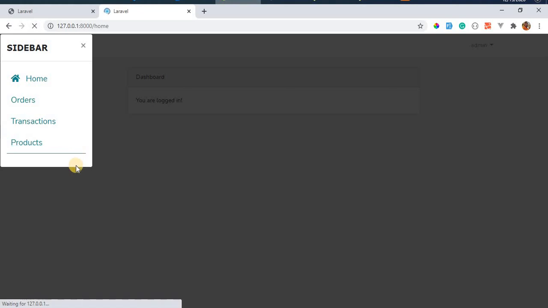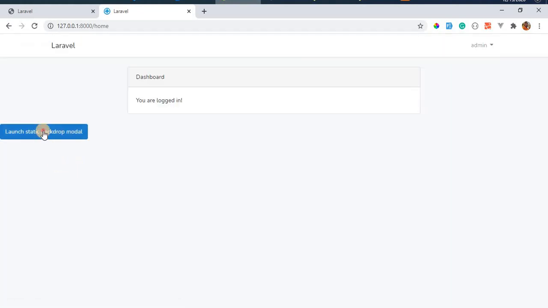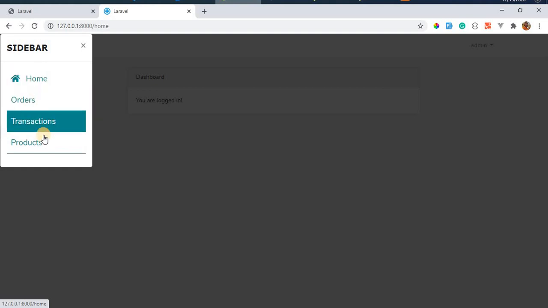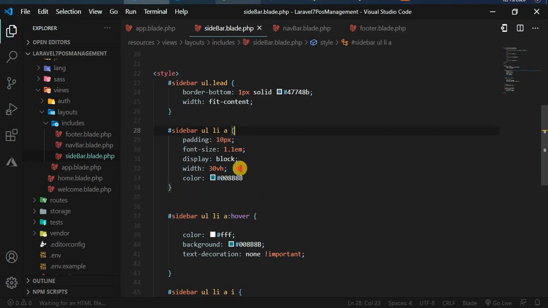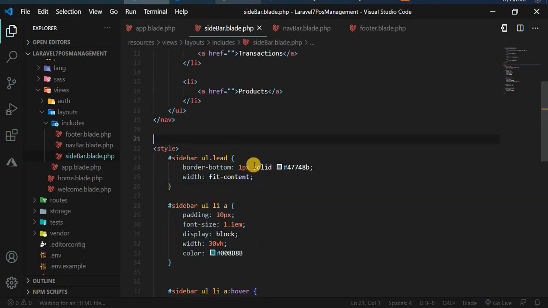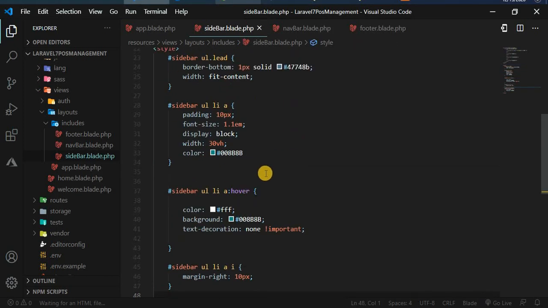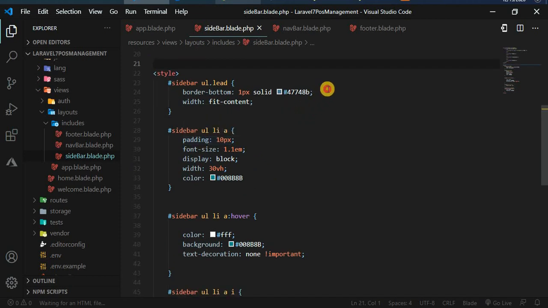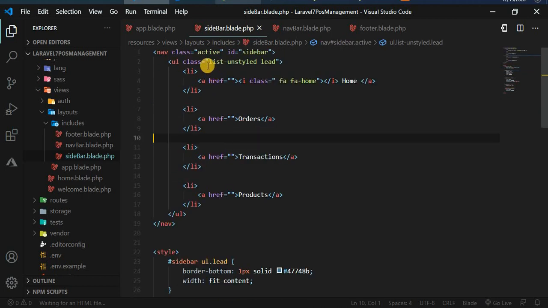Let's refresh the page and hit this. See, you get this. You see how it looks like. Now when we hover it, it looks like this effect. Good, right? So we finish this one now. We have all the styling of the sidebar. Here it is. And one thing that I will do is inside this list class here,